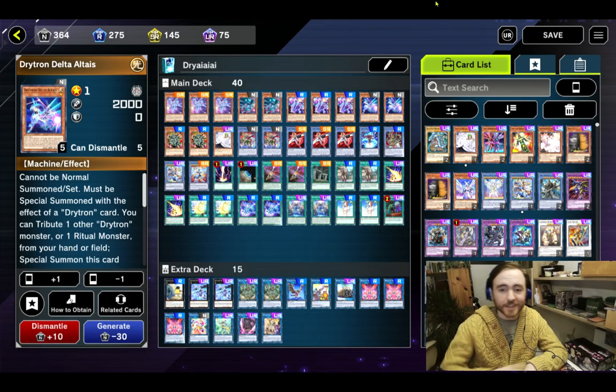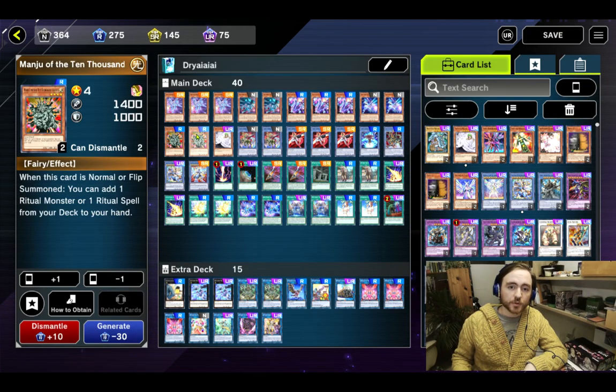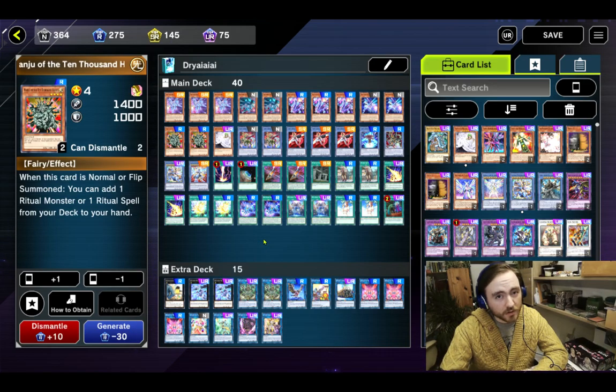searching things. I'm playing 2 Manju of the 10,000 Hands. You can play 1 if you want to. I'm just playing 2 for the grind game. Sometimes you have games that reach 20 to 30 turns and then you need to summon another one. He searches you everything you need. He searches you Bentan, a ritual spell, the big Drytron names, he can search